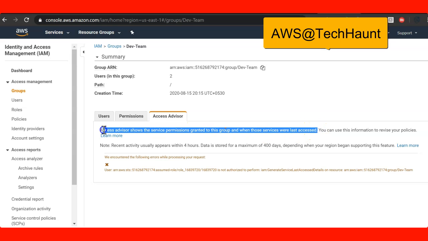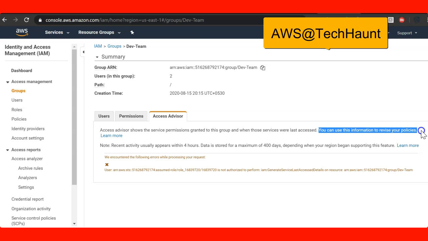If this group has not been accessing the services in the last few days, you can analyze whether it's an active group or not, and you can make your policies based on that. Recent activity usually appears within 4 hours. Data is stored for a maximum of 400 days, and it also depends on when your regions begin supporting these features. So that's how you can add your users into the group.